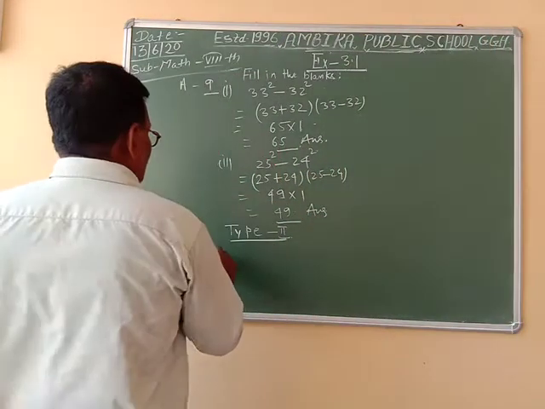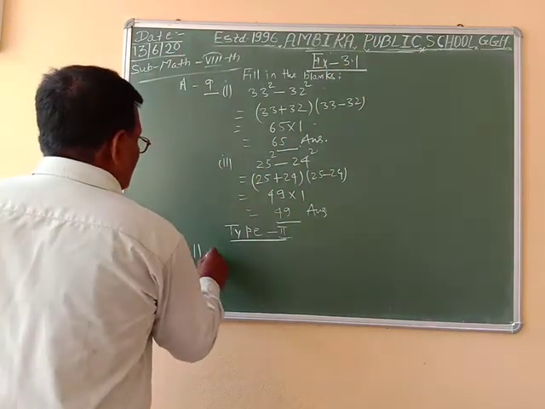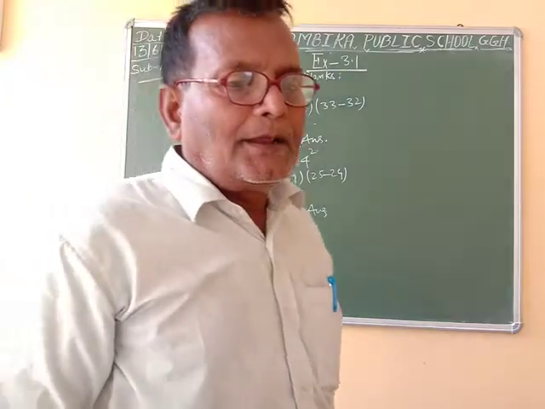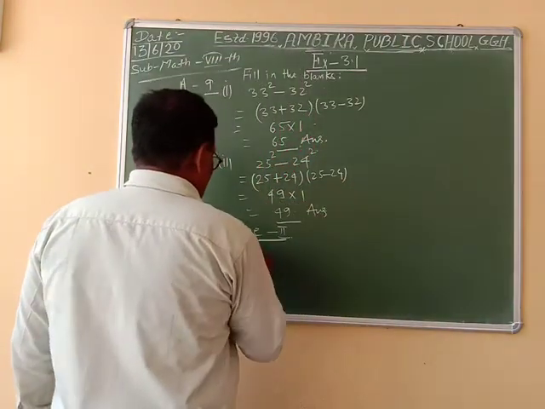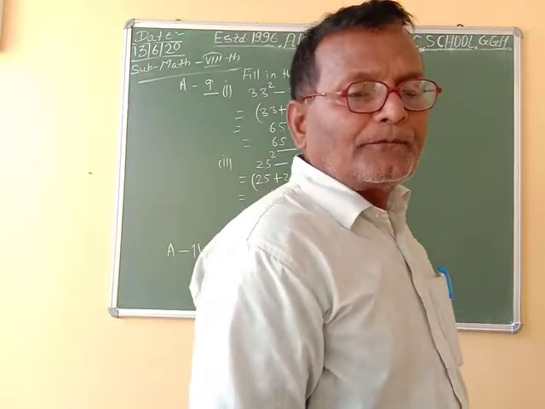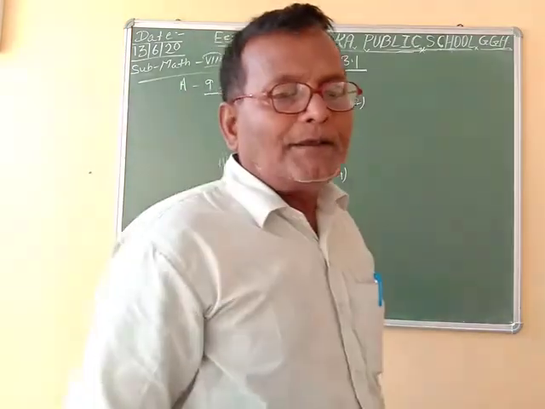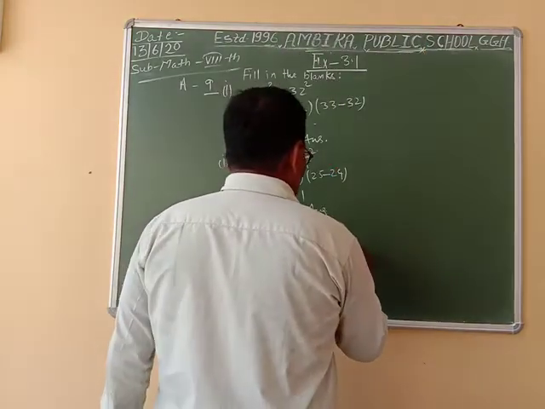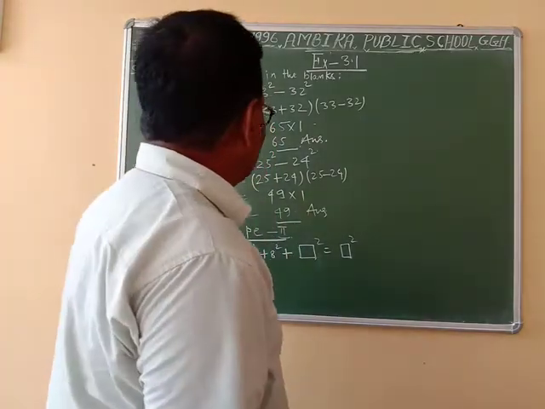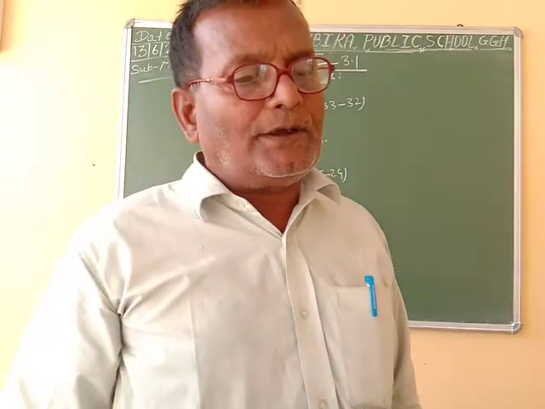In the first question, 7 square plus 8 square plus a blank square is equal to 7 square plus 8 square plus 9 square. 7 square plus 8 square is equal to